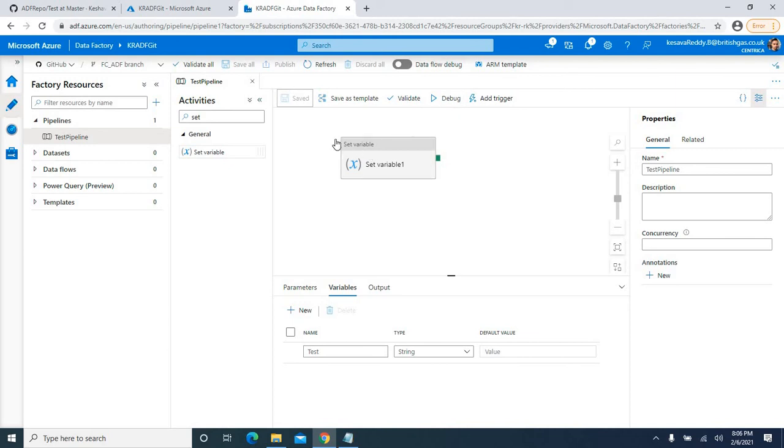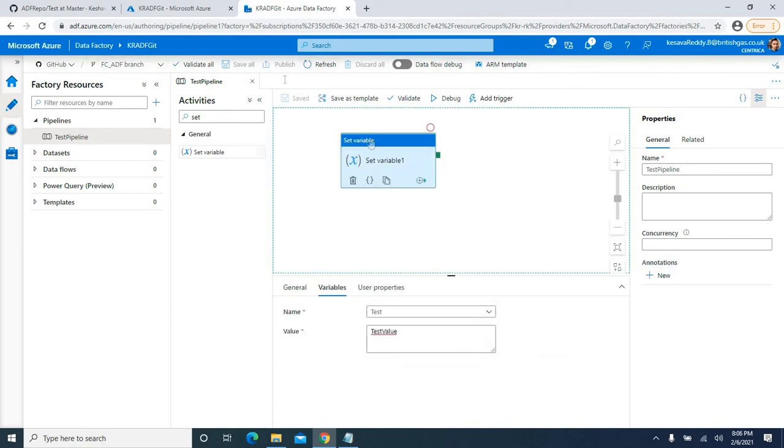But if you don't have a source repository set up and you want to publish, as I said, your pipeline should be completely error free. But if you have a code repository, you can have the pipeline saved at any point. Even though there are errors, still you can save. All right, so that is the main advantage.